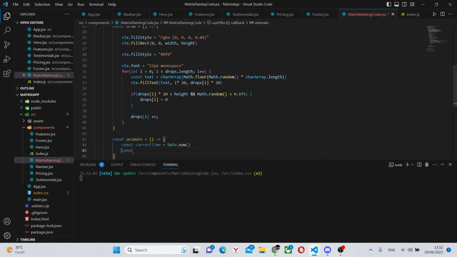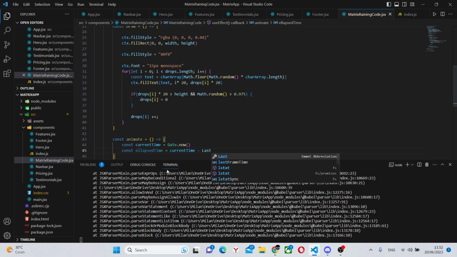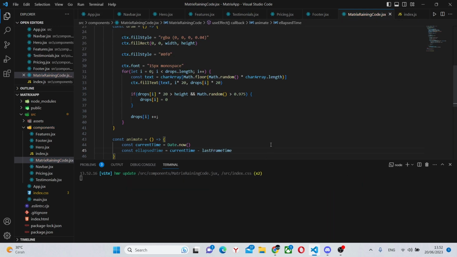Then const elapsed time equals current time minus last frame time, a variable that we created quite long ago.